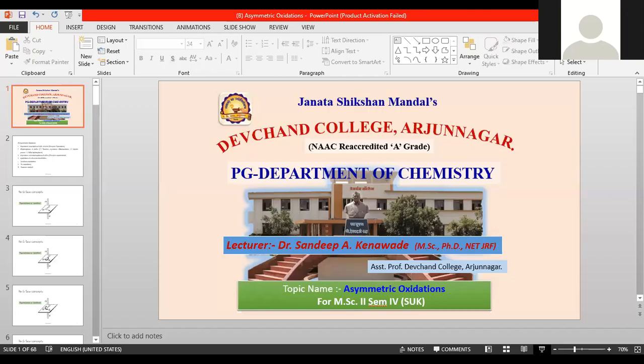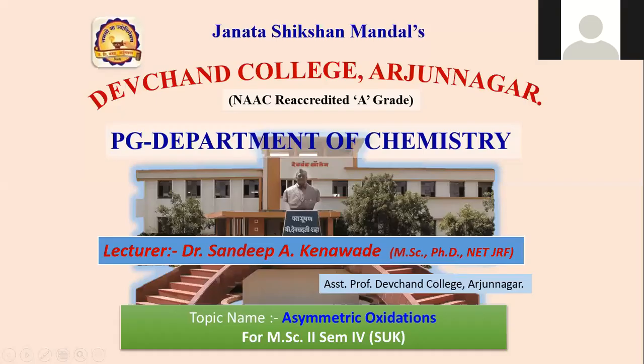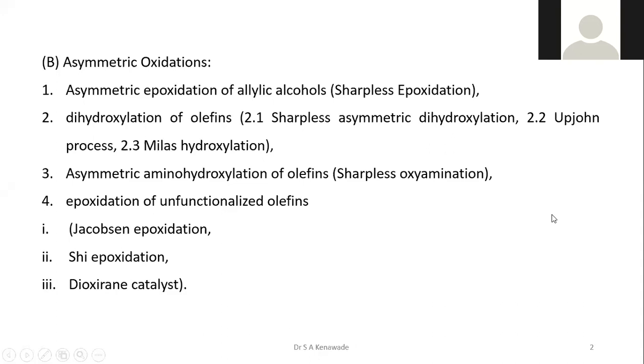Hello friends, today we will start the topic from stereochemistry, that is asymmetric oxidation. This is a topic for MSc students, semester 4. In this topic, we are to study basically asymmetric oxidation. And in this part, we are to study Sharpless epoxidation, a very important part, as well as Sharpless